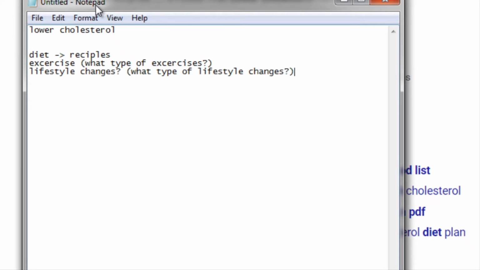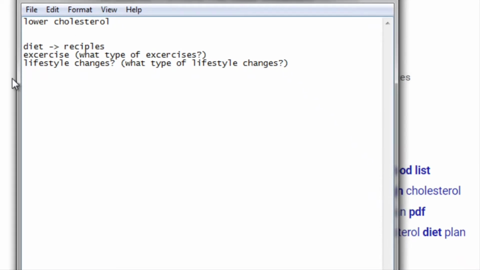As you're beginning to type these out, ask yourself questions that other people would ask, like what type, or what if, or why, or how, or when. So who, what, when, where, how kind of thing. That way you can expand not just upon the general niche and the sub niche. You could see this diet and recipes could become one whole vertical of just topics,